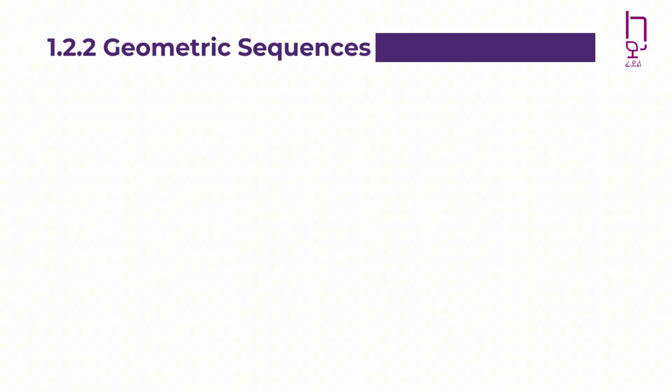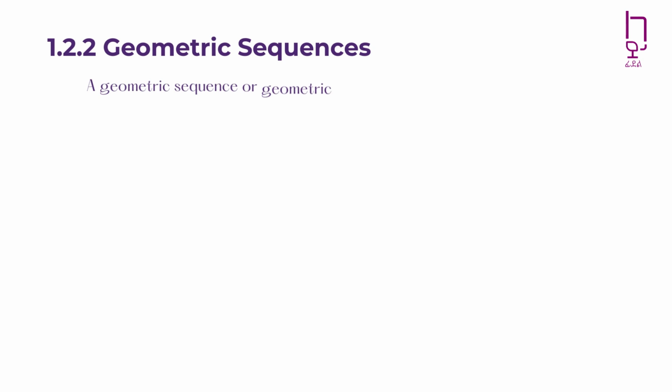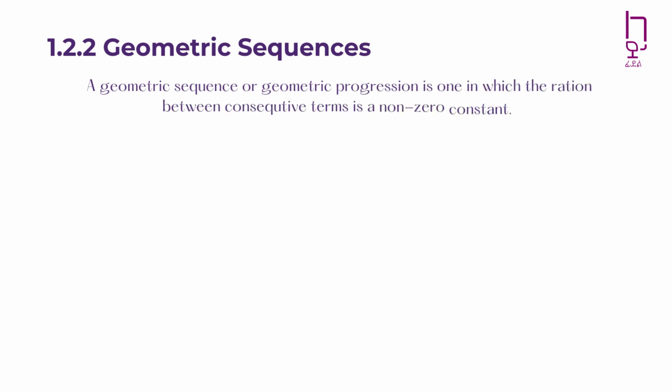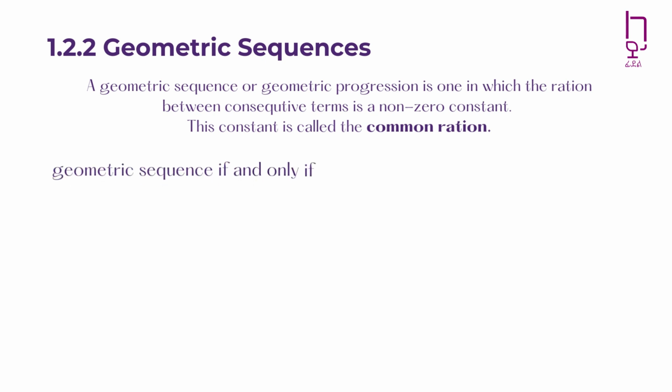Now, the second kind of sequence is called geometric sequence. Like an arithmetic sequence, a geometric sequence has a common ratio. Remember, a ratio is the quantity you get when two numbers are divided. For example, the ratio between 9 and 3 is 9 over 3, which is 3, right? So in a sequence, if there is a common ratio, it becomes a geometric sequence. This is the definition of a geometric sequence.